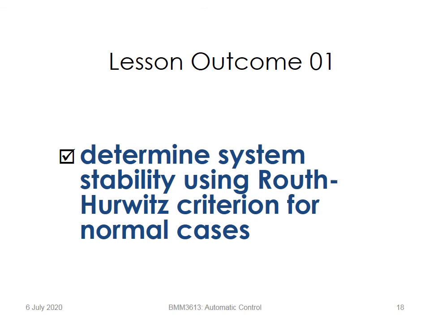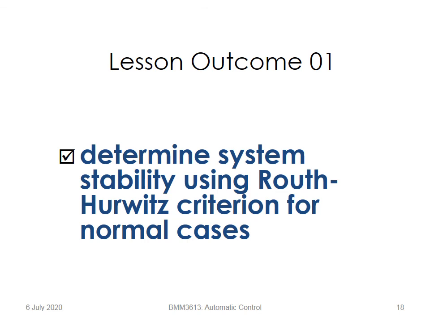I hope by now that after looking at the explanation of what the Routh-Hurwitz criteria table is, how we build and construct the table, how we fill in and complete the table, and then at the end how we conclude. So basically the conclusion is if you have any sign changes, the number of sign changes represents the number of poles on the right half plane. So if you have even one sign change, it means your system is unstable. So I hope by now at the end of the lesson you are able to determine the system stability